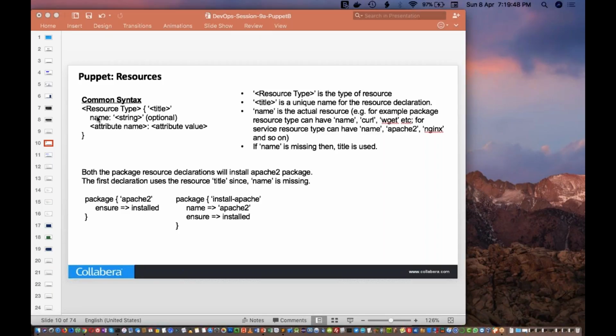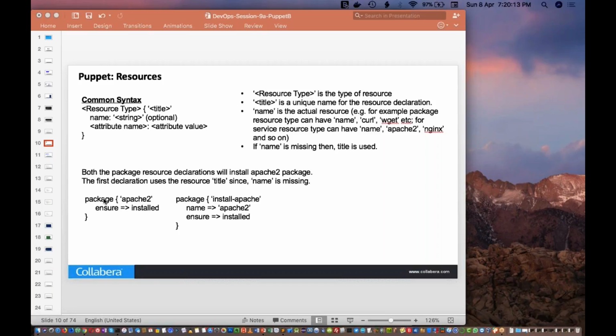Okay. Now there can be a name which will be a string value, but it is optional. You can either give a name or ignore it. If you don't specify a name, the title will be considered as the name. Okay, if name is missing, then title is used as the name. Then we'll have different attribute names and the values corresponding to them.